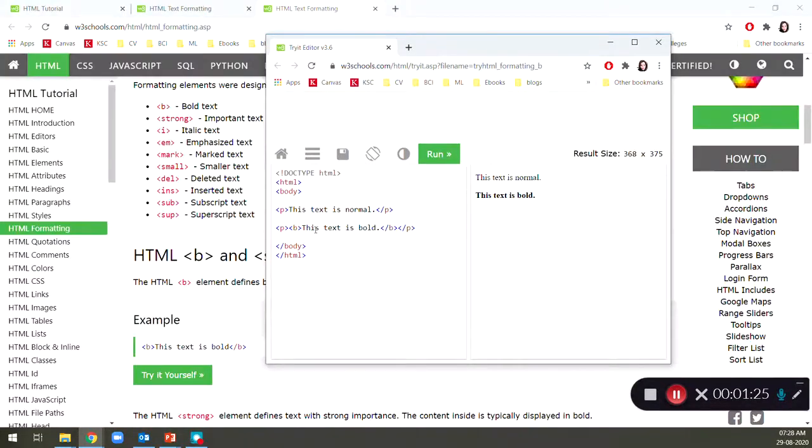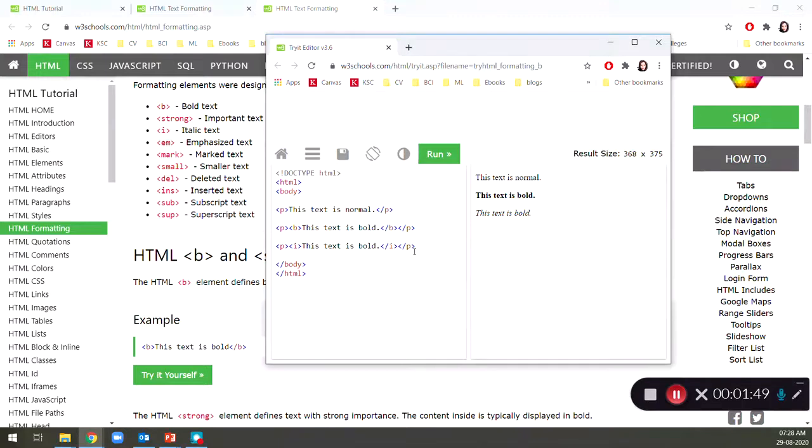You can see this one with the bold is displayed like this. Let's try the second one, italic. For this I tag, you can see how the content is displayed as italic.